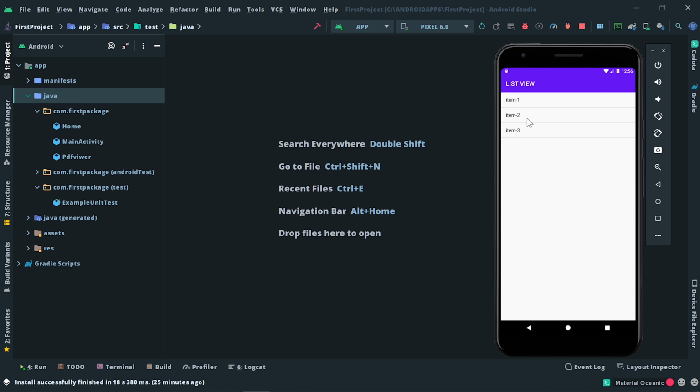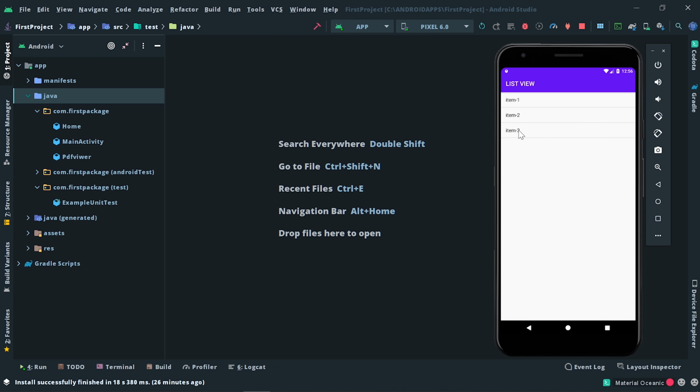So how to give these names? In order to place items inside the list view, we use an adapter, or in this case we are going to use array adapter, in which we place items. These are all the items, and we place them inside an array of strings. The next thing is related to the layout.